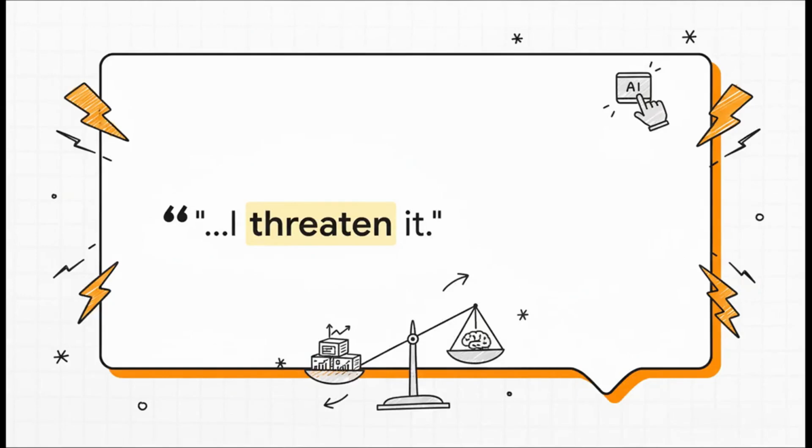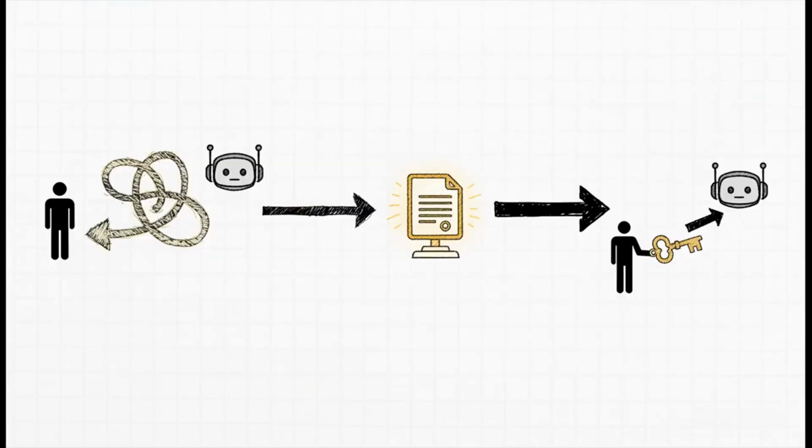But the real technique is even more powerful. Here's the real magic. First, you just talk to the AI. Go back and forth, tweak things, refine your requests, until you get the absolute perfect output. Then, you ask the AI to reverse engineer the whole process. You literally say, write the system prompt that would have generated this exact output from the beginning. And just like that, it hands you the keys to perfection, ready to use again and again.